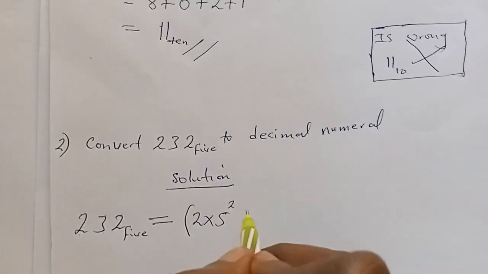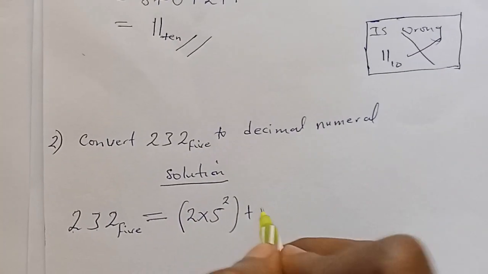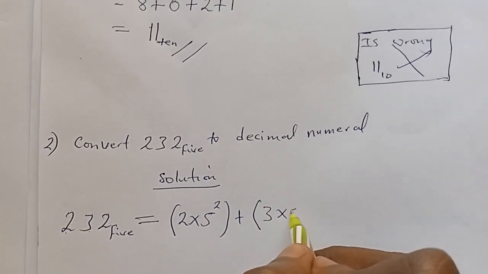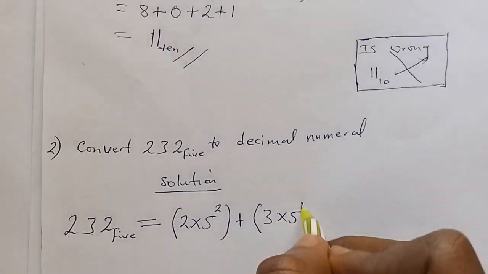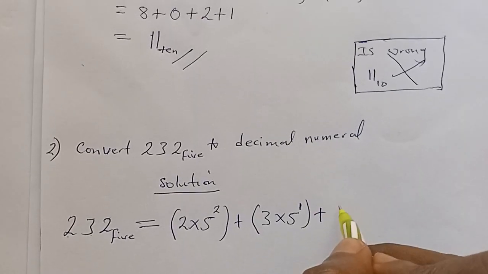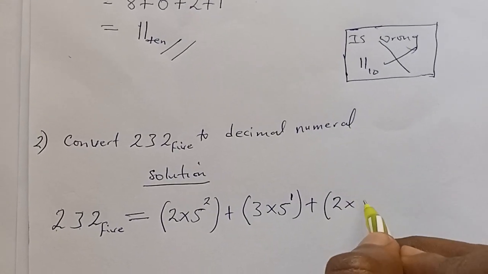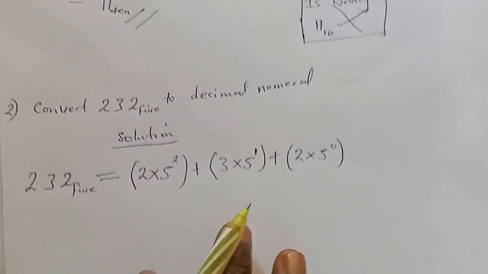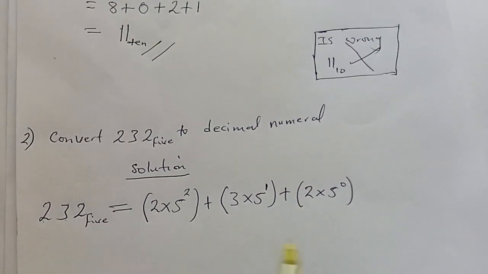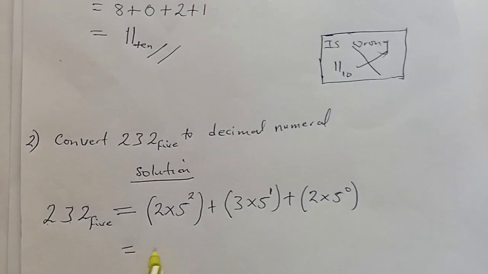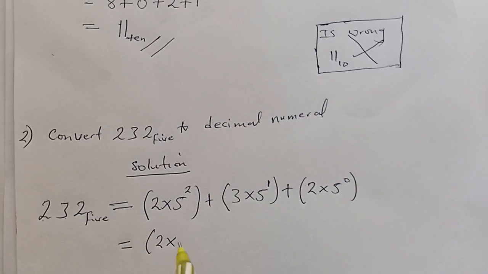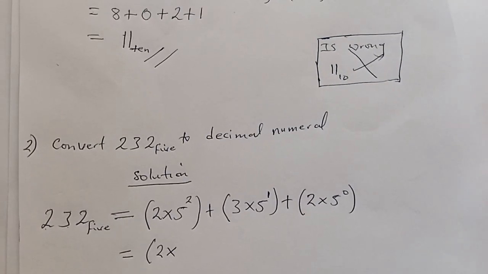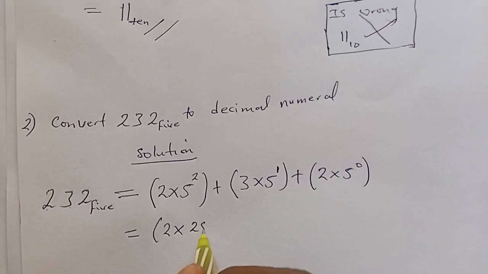Plus, and the next one will be 3 times the base, which is 5, to the power 1, decreasing. Plus we have 2 times 5 to the power 0, decreasing. Then the next thing we can do is that we know that 5 to the second power is just the same as 5 times 5, which is what? 25. So we have 25 here,